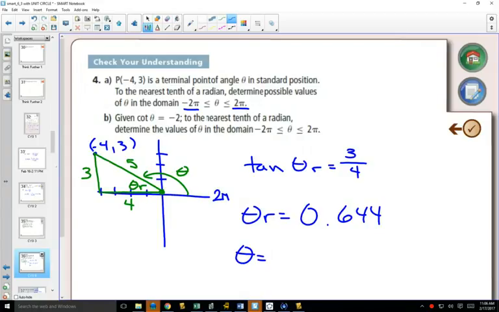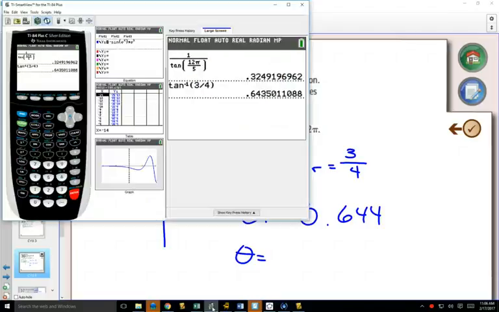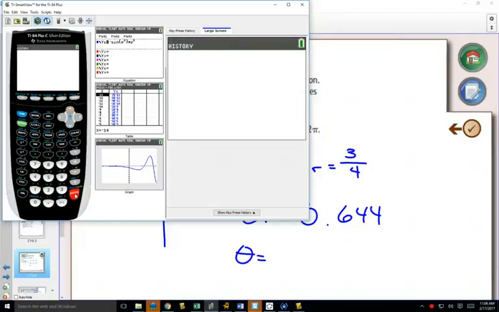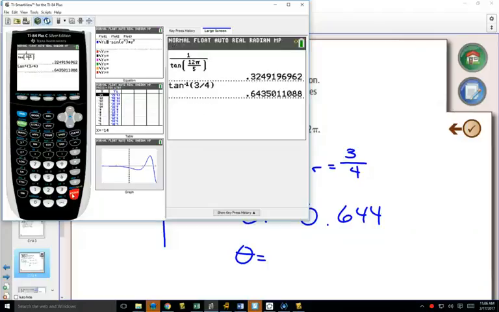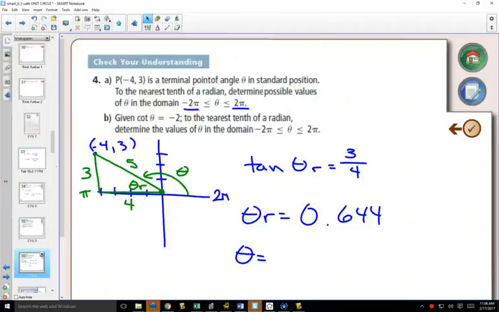So what am I going to say instead of 180? How far is it to this negative x-axis? It's going to be pi. So I'm going to take pi minus my reference angle. So go to my calculator, type in pi minus my reference angle, which is right there. Push enter, and to the nearest tenth would be 2.5. So that green angle